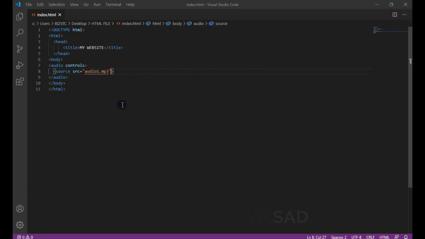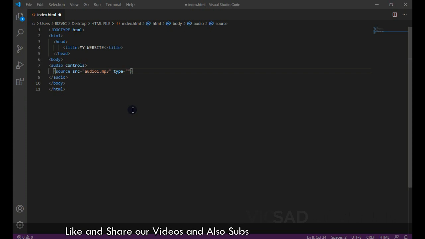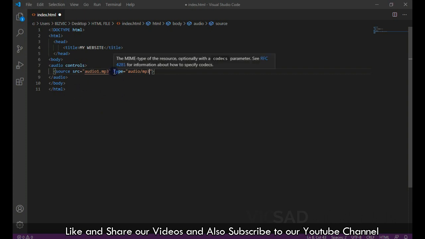Now this is the code we are missing. We have to write the type of audio here. So write type and write equals to, we put the attribute, then we write audio slash mp3, so that the HTML file knows that it is an mp3.